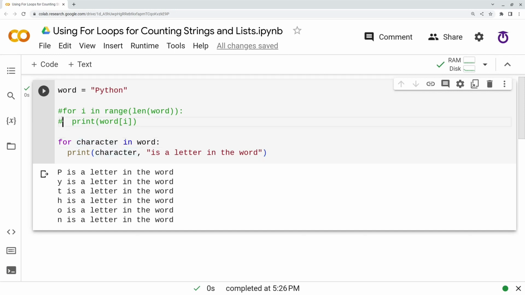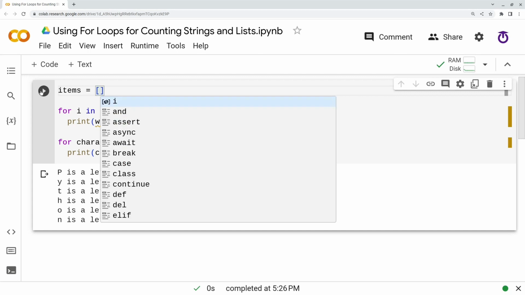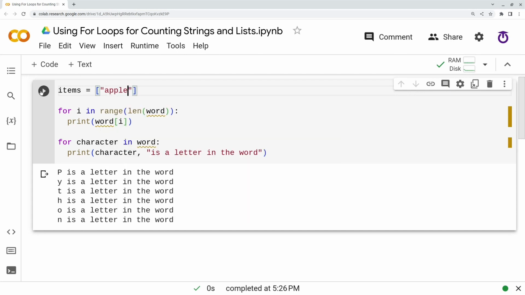In the same way that these for loops work with strings, you can also use them in lists. I'm not sure if you're familiar with lists, but I will explain what they are. Lists are basically like a variable, but they store multiple values under one name, under one identifier.